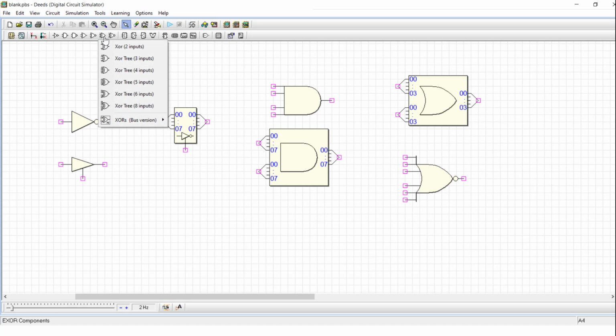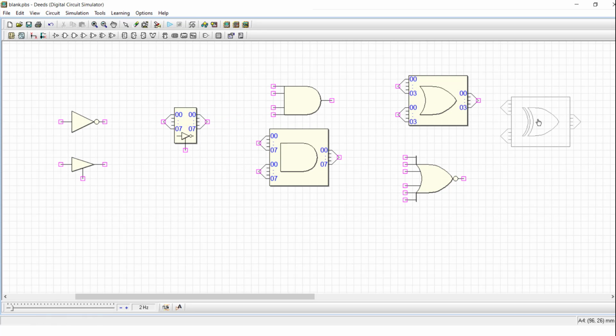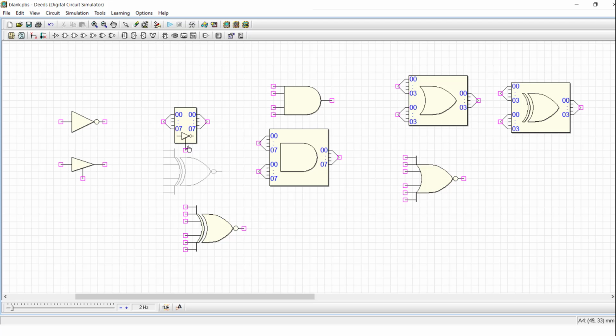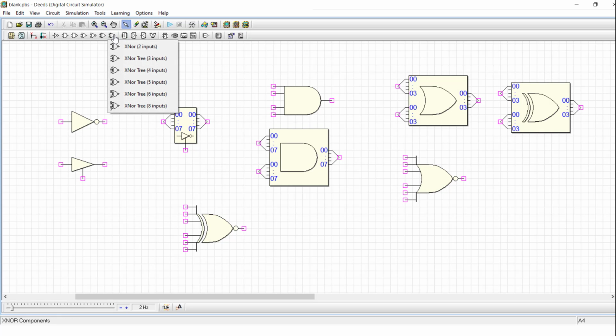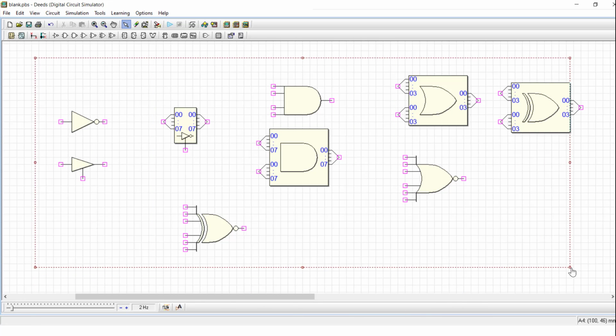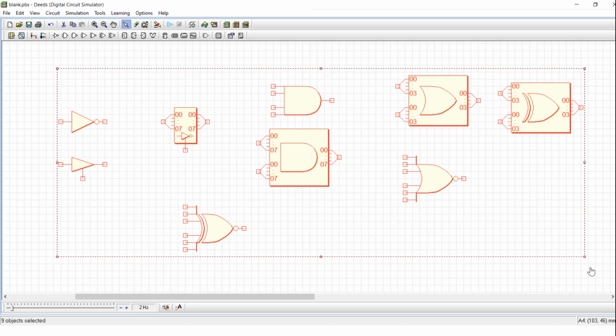And coming to XOR gate, you can have XOR gate with 2 input, 3 input. Of course you have a bus version with XOR gate also. You can also use XOR gate when you want to do it with multiple inputs. Then you can have XNOR gate with tree structure. You can look through the books to understand what is meant by a tree structure with different input numbers like 3, 4, 5, 6, 8 and so on. So these are the basic gates available for designing the circuits.